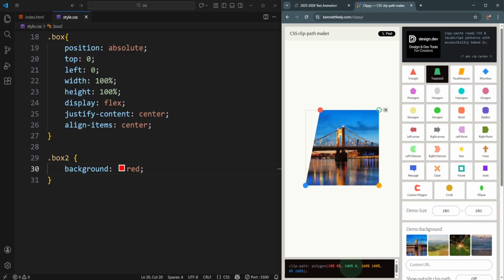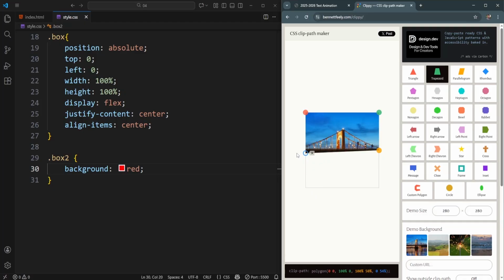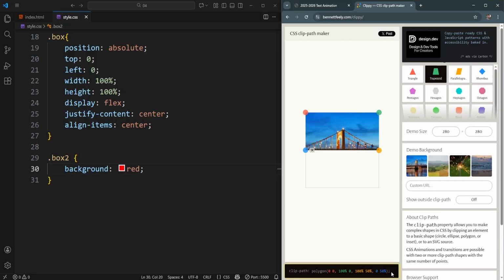And as I told you, we need to clip out the bottom half. So I'm going to move this point upward, and at 50% position I stop it. Also at 50% position I'm going to stop this point, and after that I'm going to copy the exact code